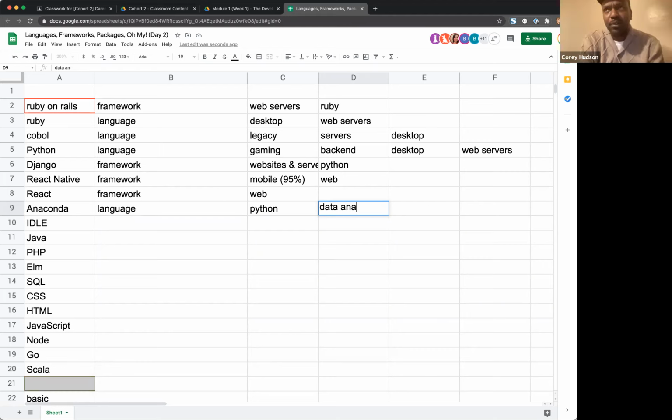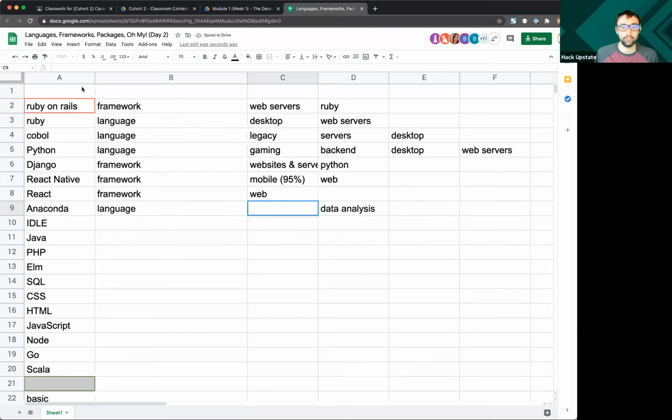Oh, no. All right. While it is a derivative of Python, it's more closely related to R, which is a programming language specifically for data analysis and charting and graphs. It's basically a specific version of R that makes it easier to deploy it and use it in the real world.